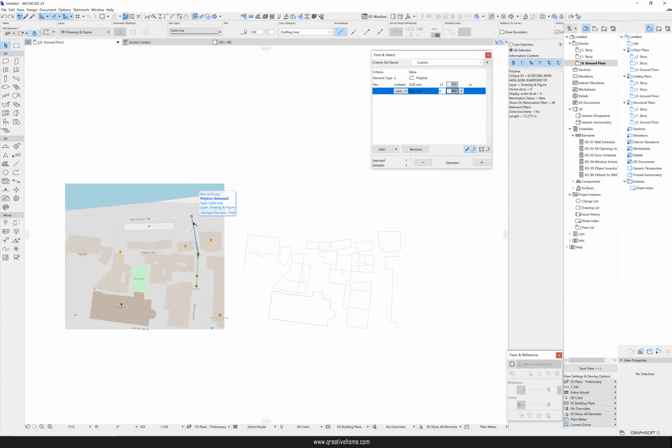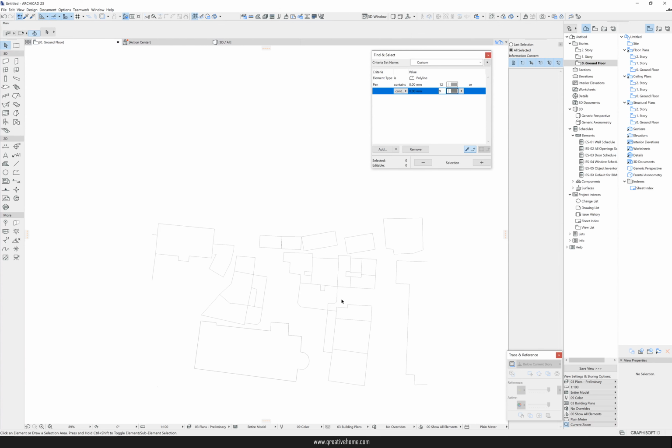And yeah, that's one way how to create line work for buildings, to make urban master plan renderings. And I hope I showed you something new, and I hope you can use OpenStreetMap with Archicad for whatever reason,